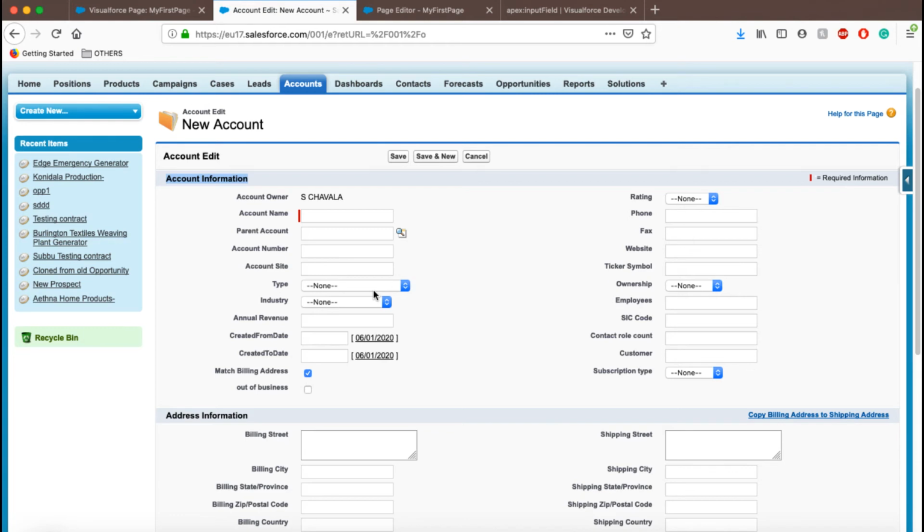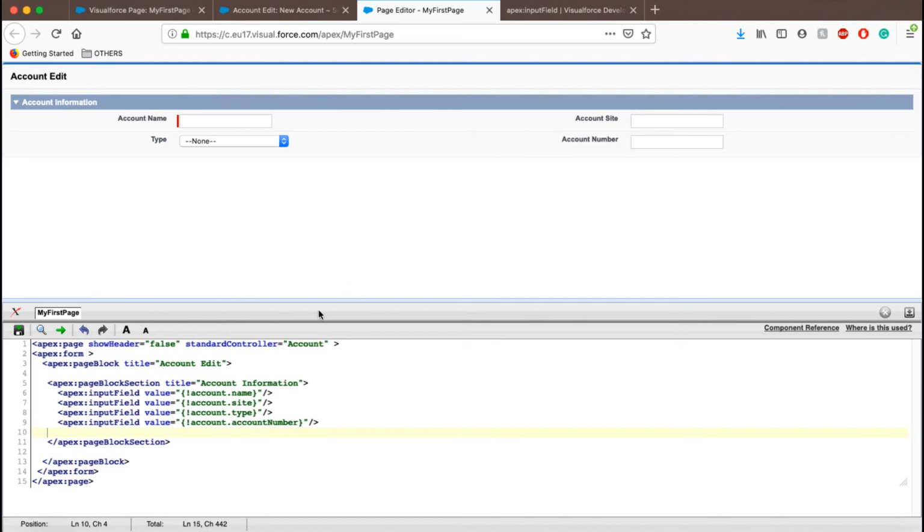How does Salesforce know that the field exists in account? With this, we have to use standard controller. If you want to use any standard functionality in a Visualforce page, like the save button and cancel button in the account object, we don't need to write any code for that. We can simply use standard controller. I'm repeating again: basically, controller is something where you're going to write the business logic.